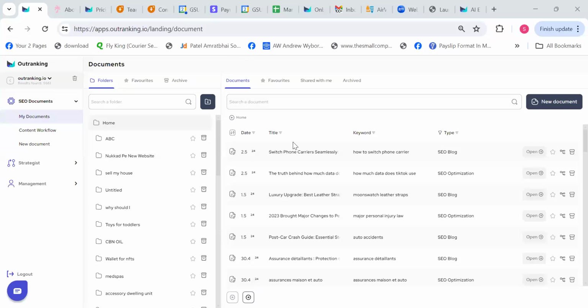So, before we start, there are two groups of people that are usually creating content when it comes to SEO optimized content.